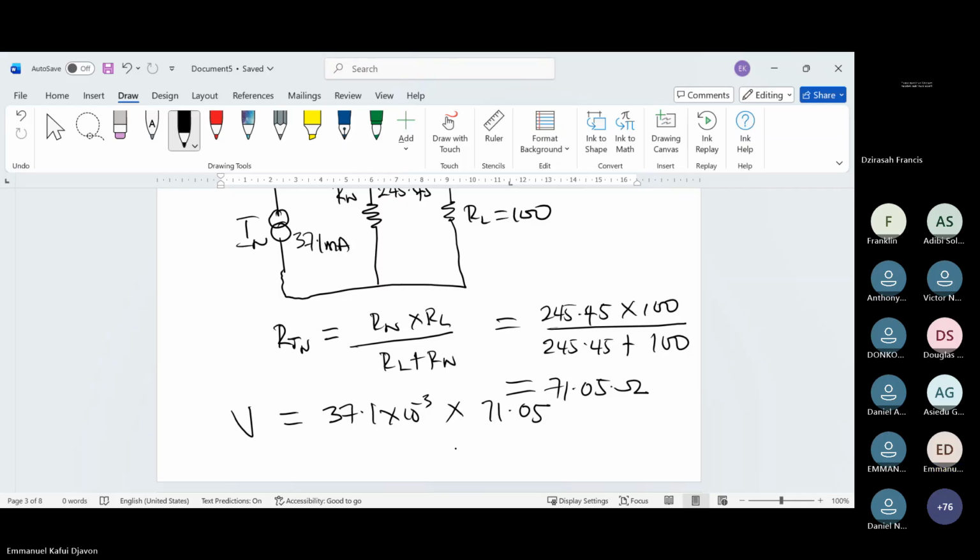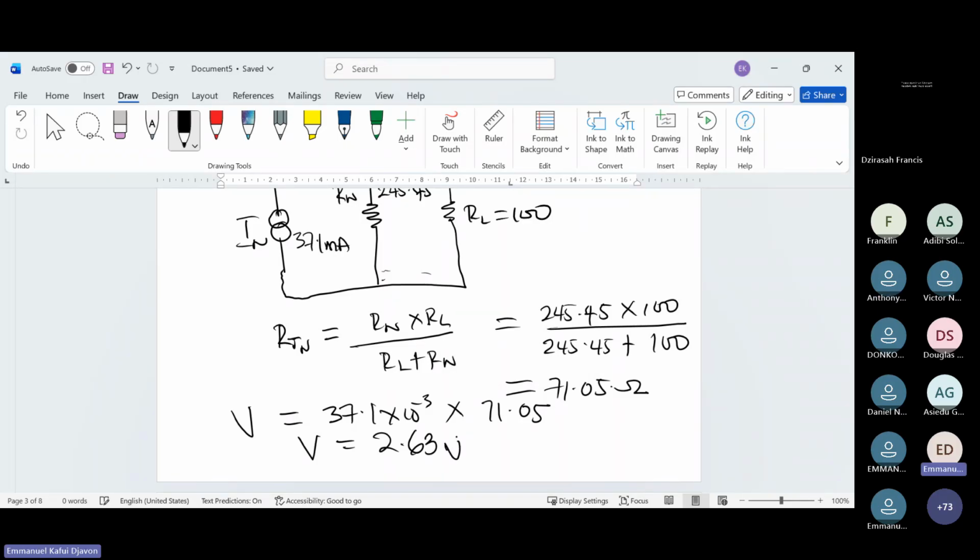Yes, you are right. So what would that give you? 2.636. 2.63. You get V is equal to 2.63